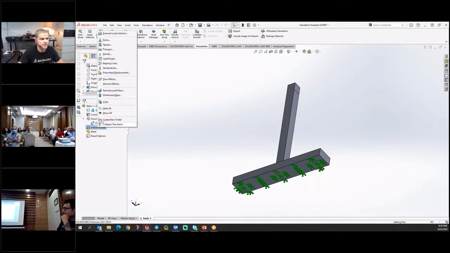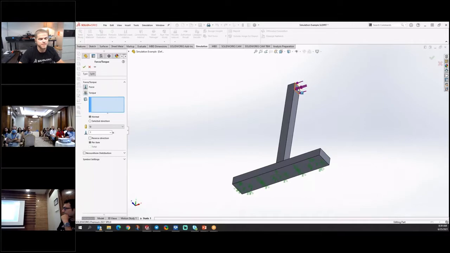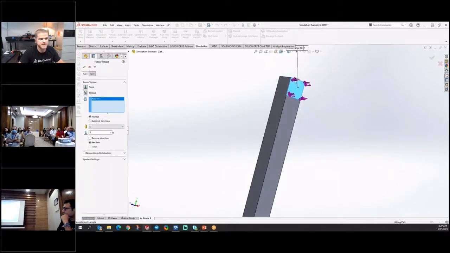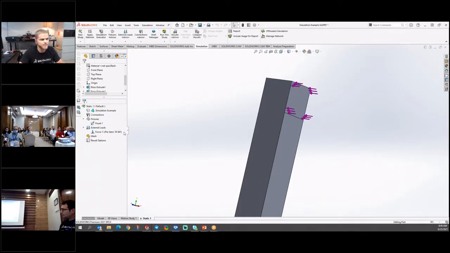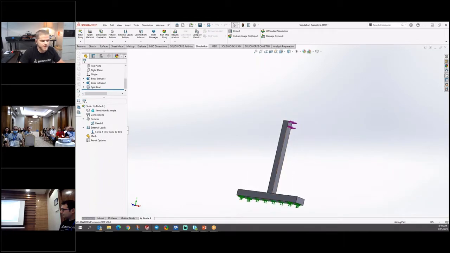We'll set that up. Our second rule is we're going to apply a load. So I pick external loads, we'll pick a force, and I'm going to apply a force to that face. And this little face up top is actually still in line with the rest of this part. But what I did is I split this face at the top so I'd have a smaller area, a smaller spot to apply that force to. And maybe we'll just make this really easy, right? We'll just do this little tiny face is getting 50 pounds of force applied to it. So we know what our fixture is, we know what our force is.